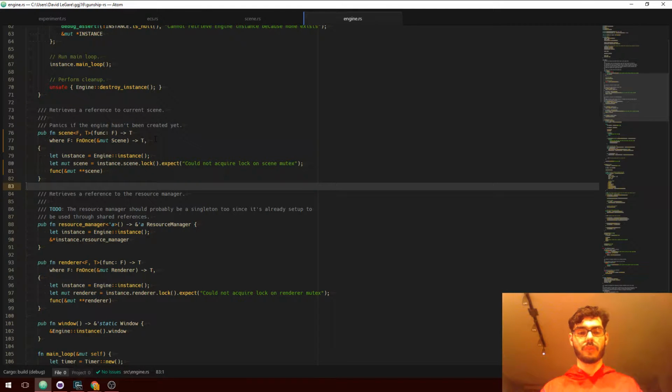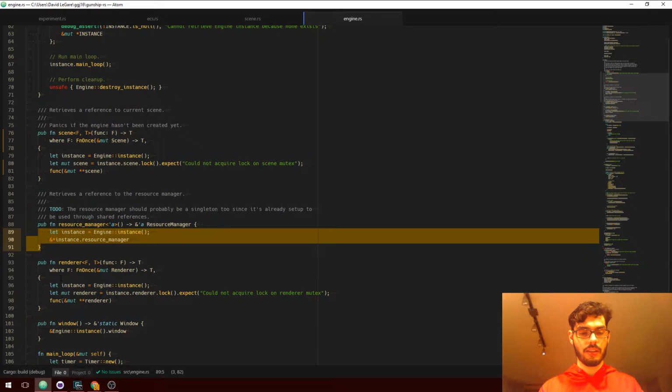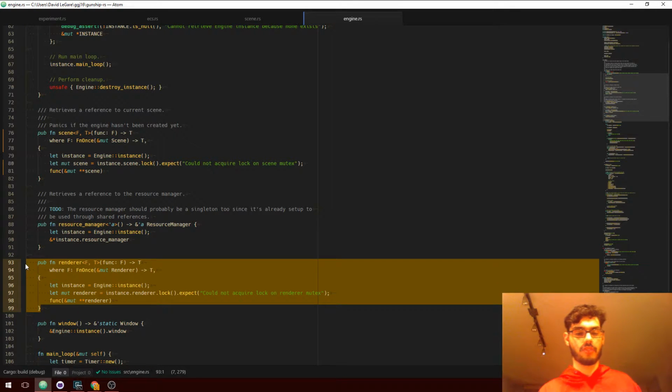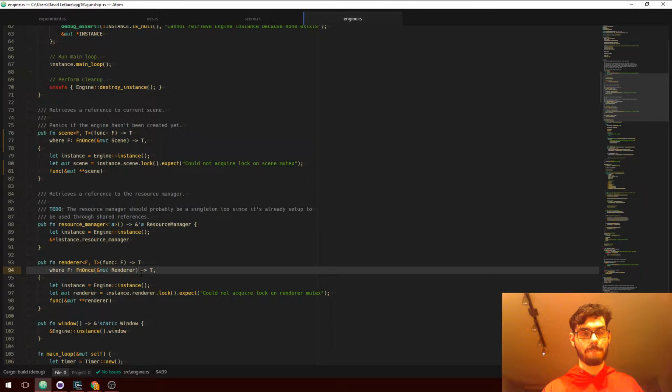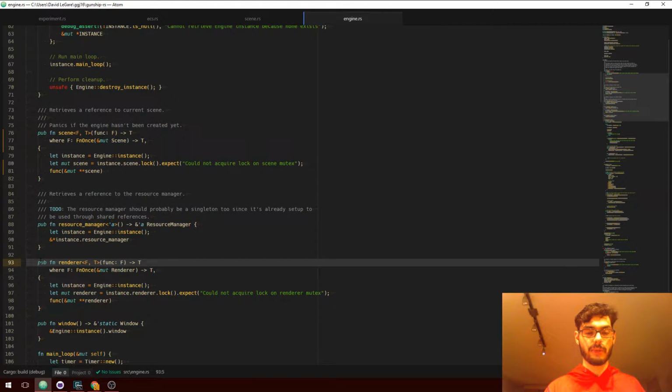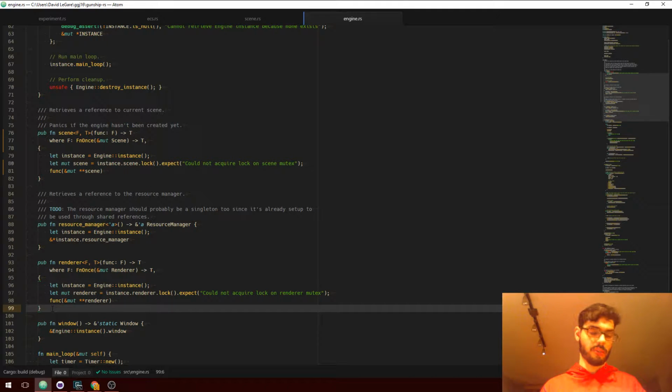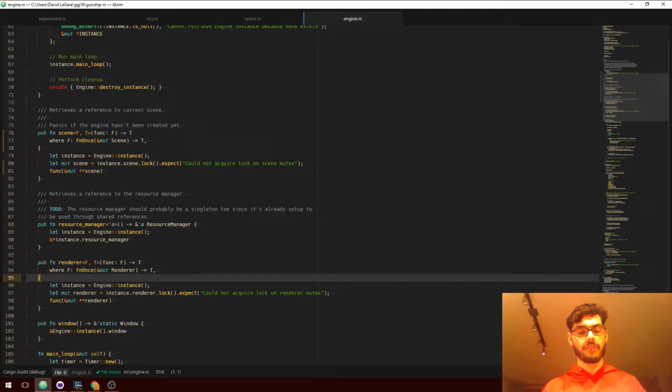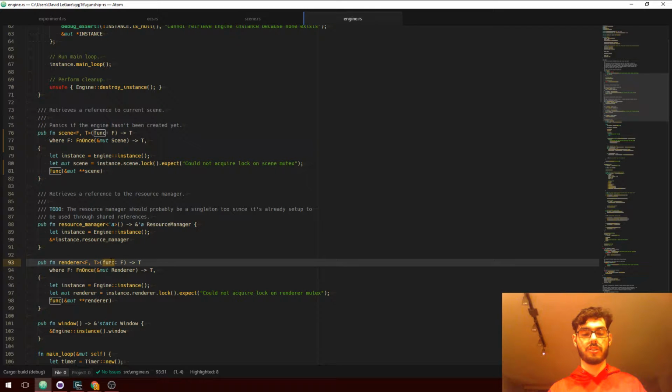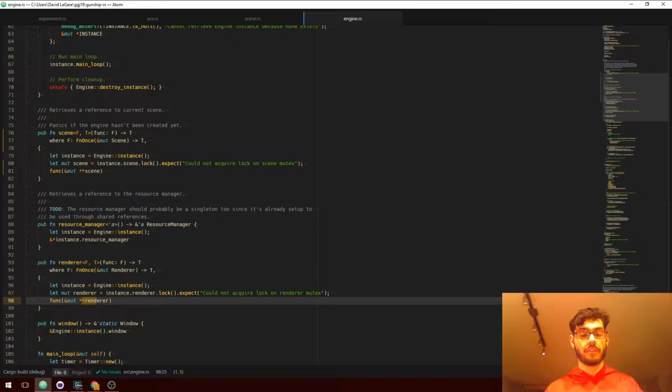Last thing that I also did while I was in between streams, previously I had made a function to access the renderer that's owned by the engine using a similar method to the once type within the standard library, as well as the thread local storage type within the standard library, where instead of having a getter that allows you to just return a reference to the data, this static data that's not really static, and having questionable lifetimes associated with it, I've instead opted to do a version where you pass in a closure, or really just a function that takes a reference to that data and then can return any old value.